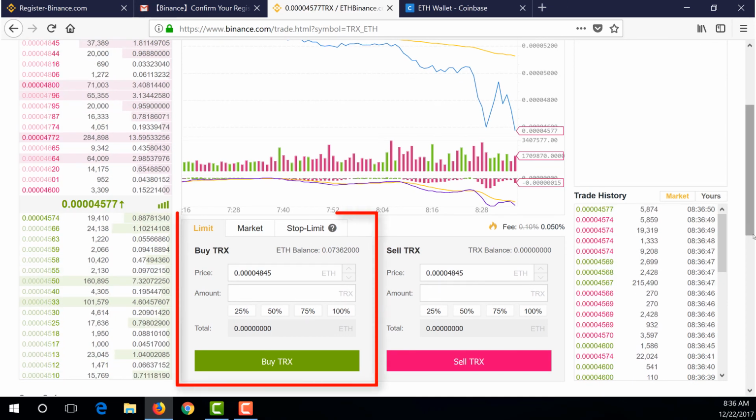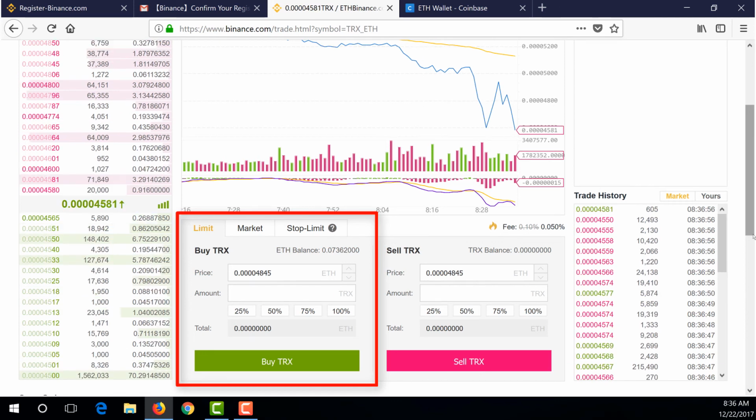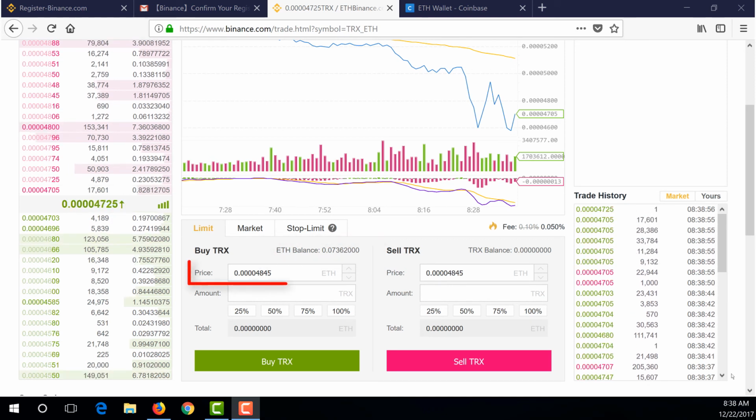When you're sure that you want to buy the cryptocurrency, enter the appropriate information below. You will see the ETH balance in your account. It shows the price in ETH.